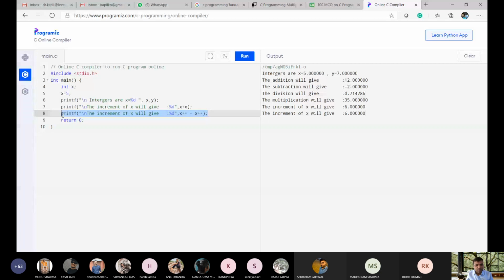Next is plus plus x. Oh, I cannot write like this because it will give unnecessary results. Okay. So let us start with this statement only. So what is the value of x? x is given as 5. Okay. Let me run this.